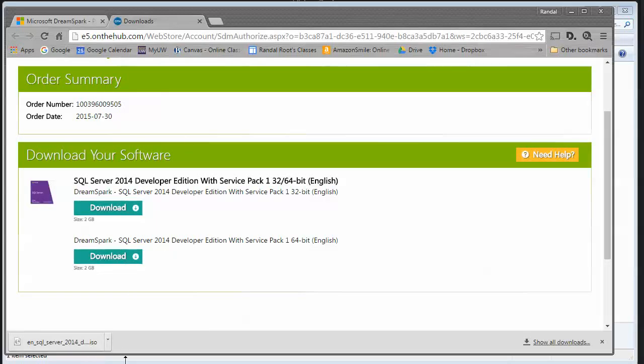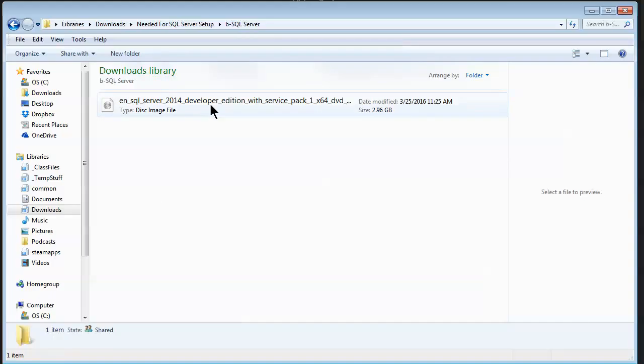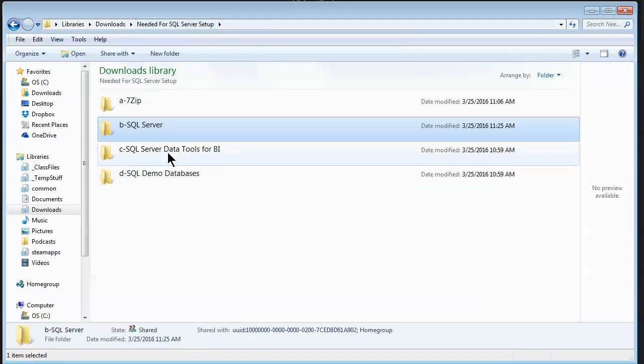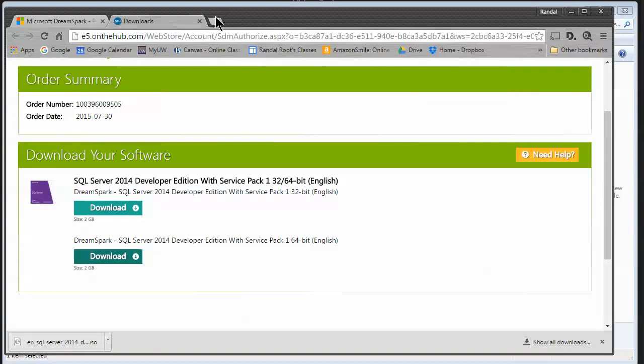Okay, so now SQL Server has been downloaded. Got the ISO file in here. And we're going to move on to the SQL Server Data Tools. Same kind of scenario. We're going to go up here and